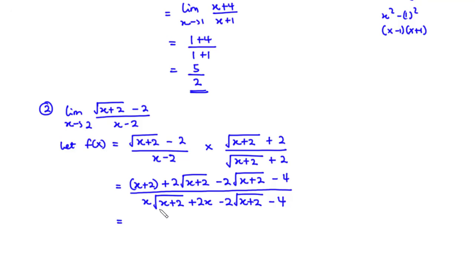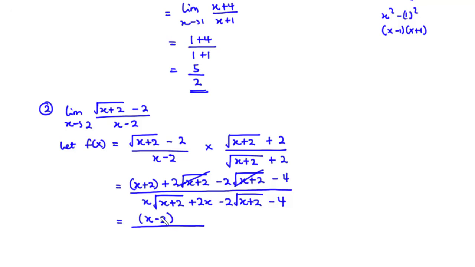Now let's simplify further. So 2 roots x plus 2 minus 2 roots x plus 2 goes to 0. So they both cancel each other, and we are left with x plus 2 minus 4. Now 2 minus 4 is negative 2. So we have x minus 2